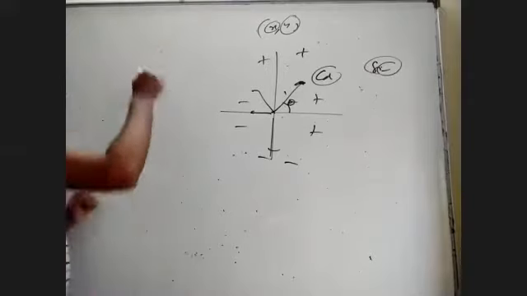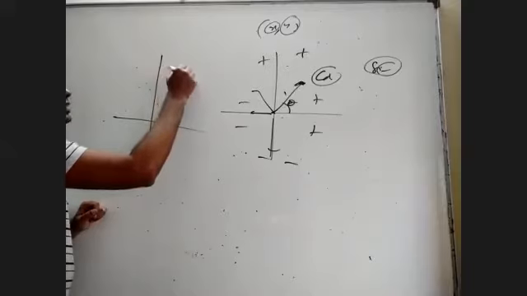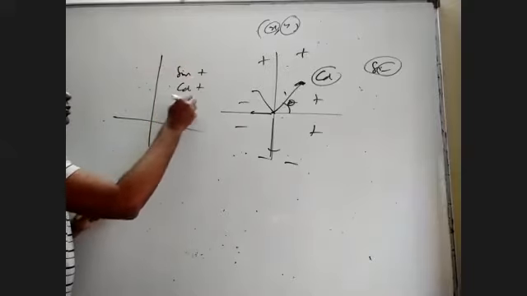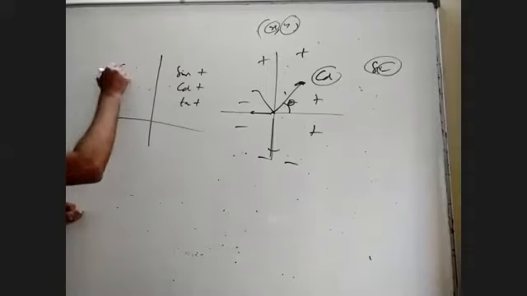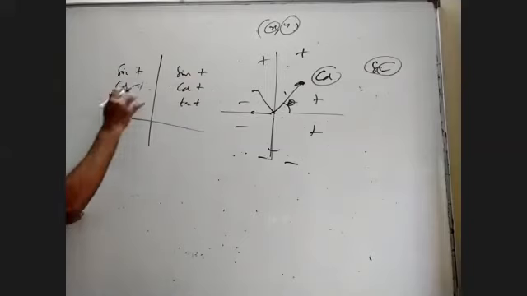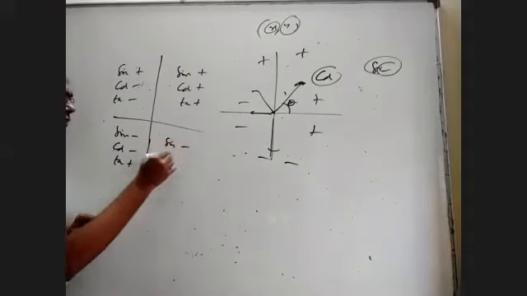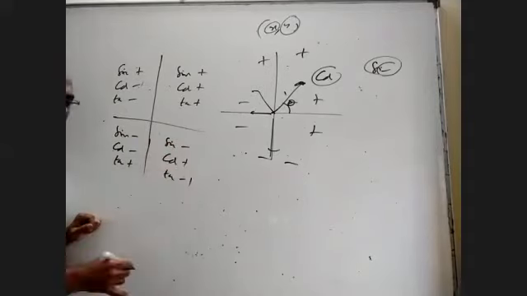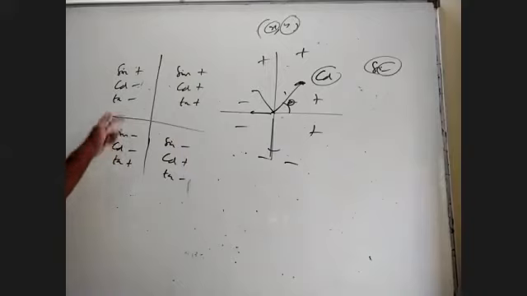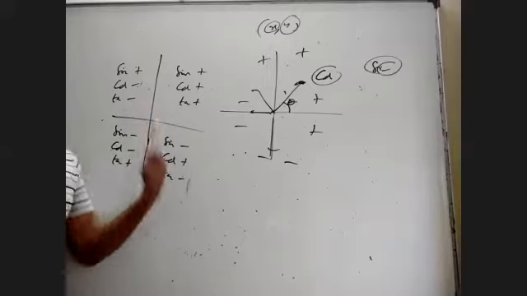Okay, so you have to remember this: in the first quadrant, any angle which belongs to the first quadrant, sine is positive, cos is also positive, tan is also positive. In the second quadrant, sine positive, cos negative, and tan negative. In the third quadrant, sine is negative, cos is negative, but tan is positive. In the fourth quadrant, sine is negative, cos is positive, tan is negative. Cos positive or negative came from the x coordinate sign, and sine positive or negative came from the y coordinate sign.